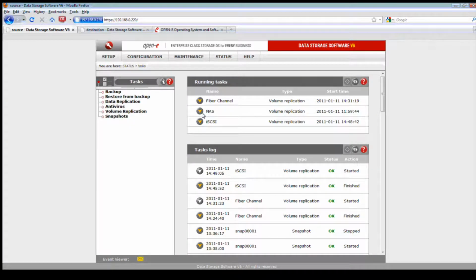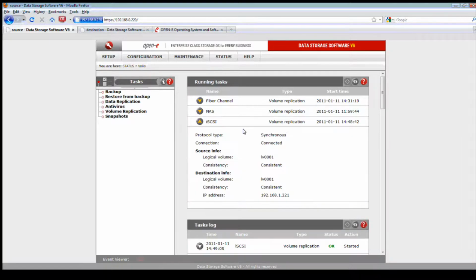We have some other questions coming up. Here's one that says, without getting into any proprietary secrets, how do you verify that the data is consistent between the source and destination? As stated before, you want to make sure that if you go into the source server, whoever the source server you designate as, if you go to status task, and you want to make sure, because we're running in synchronous mode, and we're using protocol C, which is the fastest and the most data protective of the DRBD protocols. So if you look at the iSCSI here, I'm seeing that it's consistent on my source and my destination.